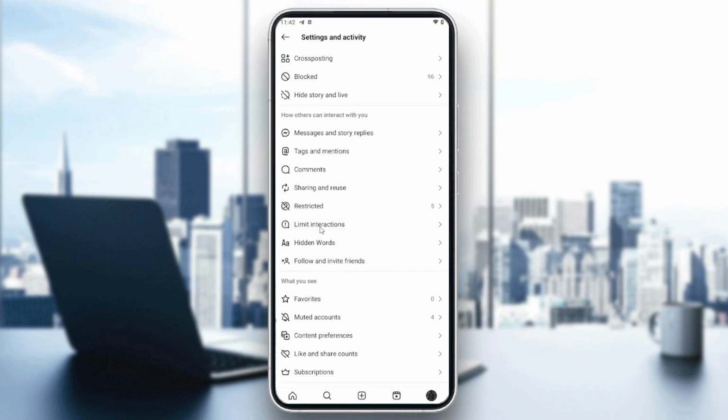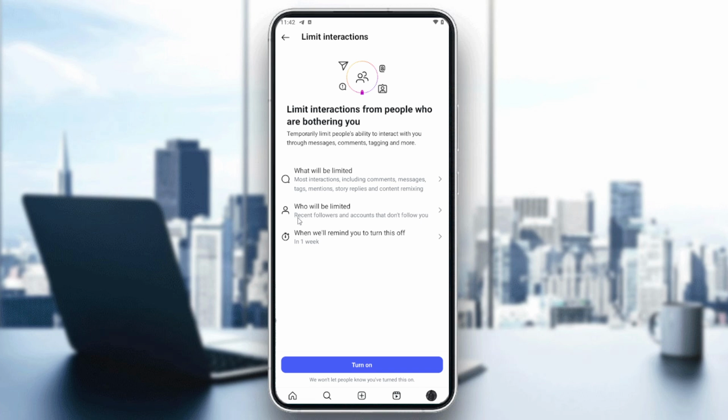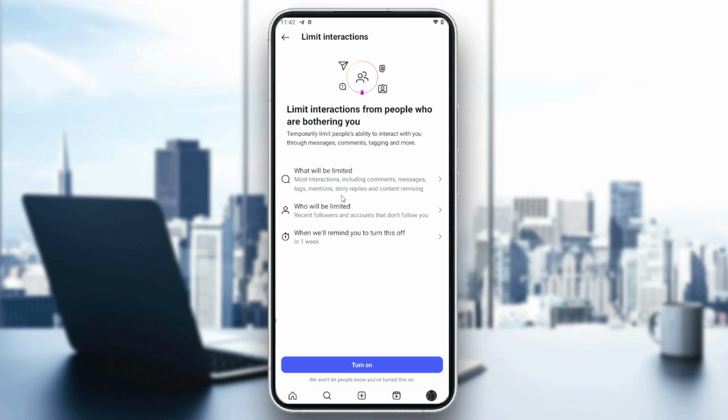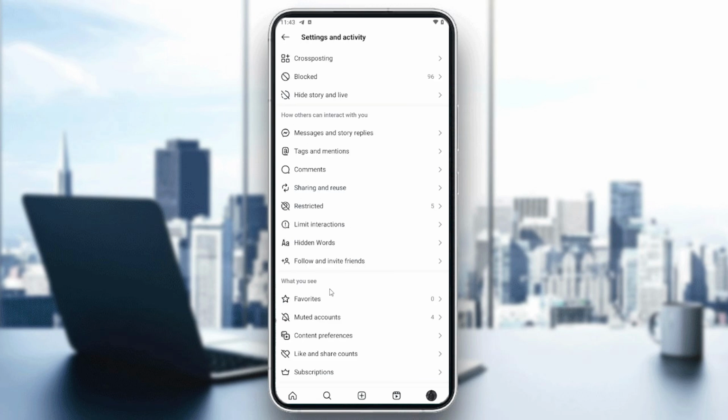So from here you can start limiting your interactions, and here you can see what the limited interactions are from people who are bothering you. So you will temporarily limit people's ability to interact with you through messages, comments, tagging, etc. And that would automatically affect the suggestions also. So after that, you can either turn on the limited interactions,